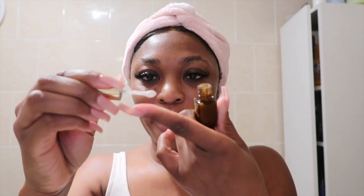Smoking out the window. Okay, and then it's time for the next thing, which for me, after serum, I usually like to go to eyes. So I'm using this Estee Lauder Advanced Night Repair Eye Concentrate. I've been loving this just for keeping my under eyes moisturized. So you just get it out like this, put a bit on my finger, and then a little goes a long way with eye creams and concentrates and all of that jazz. And while I pat that in,